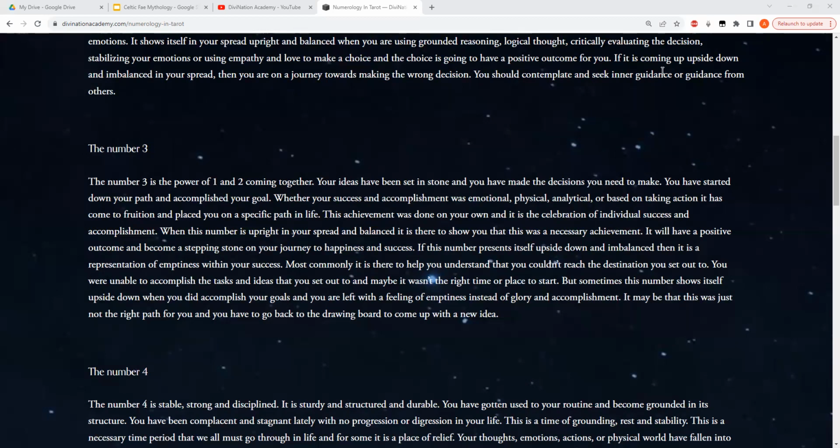But then we also have the unbalanced part of the number three written out so well: their research paper didn't get published, it had typos and grammar errors, and they possibly tried to finish it too quickly. They didn't review it and read it over and over enough, and they ended up turning in something they weren't as proud of. This shows off the success of the number three, the diligence, the wealth, but also the unbalanced aspects of the number three as well. So that was such a great scenario. Thank you, Paul.